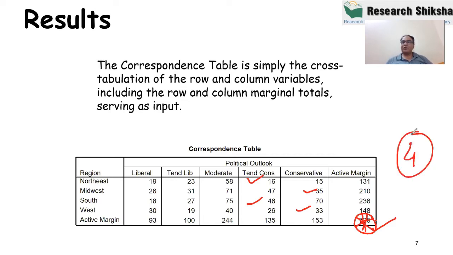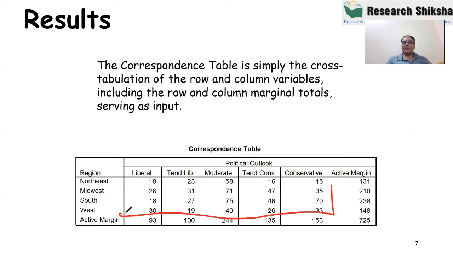So one person is supposed to make 4 ticks, right? Well, this is the summary of all the ticks. I can't say the number of respondents is 795, because it is possible that somebody will not make any tick in any row. It is also possible that somebody will make all the ticks in all the rows. But this is sure that this part of the table is showing you the number of ticks that you